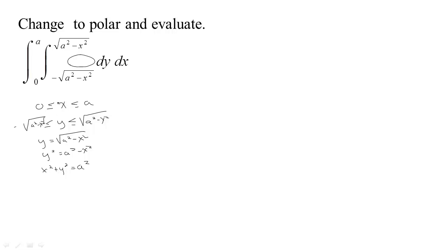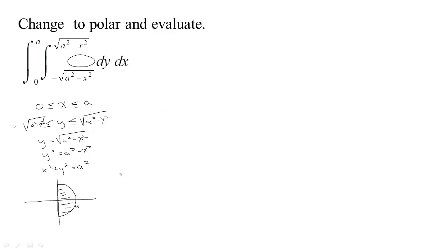So these complicated bounds are actually much nicer represented in polar coordinates. Let's see, we're saying x is between 0 and a, and then we have a circle of radius a. Since x can't go negative, really the region we're talking about is this semicircular region. Okay,